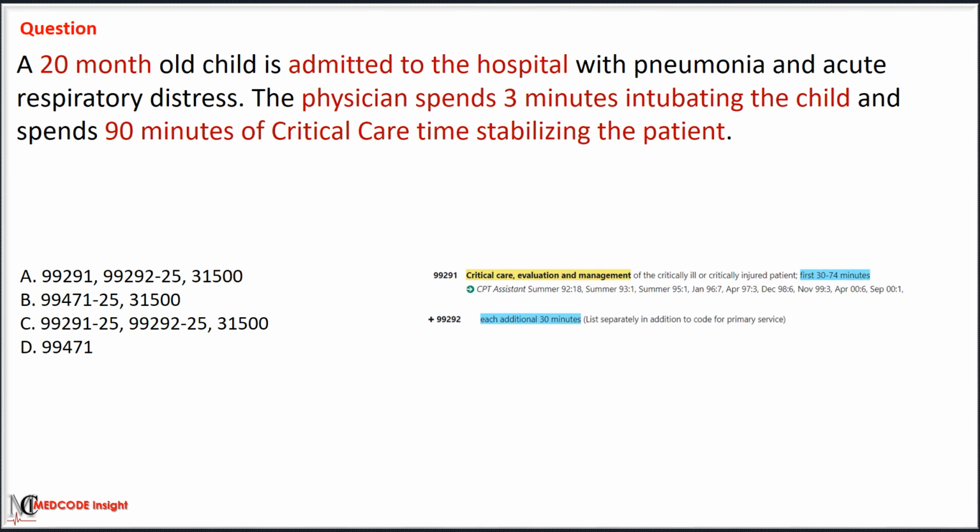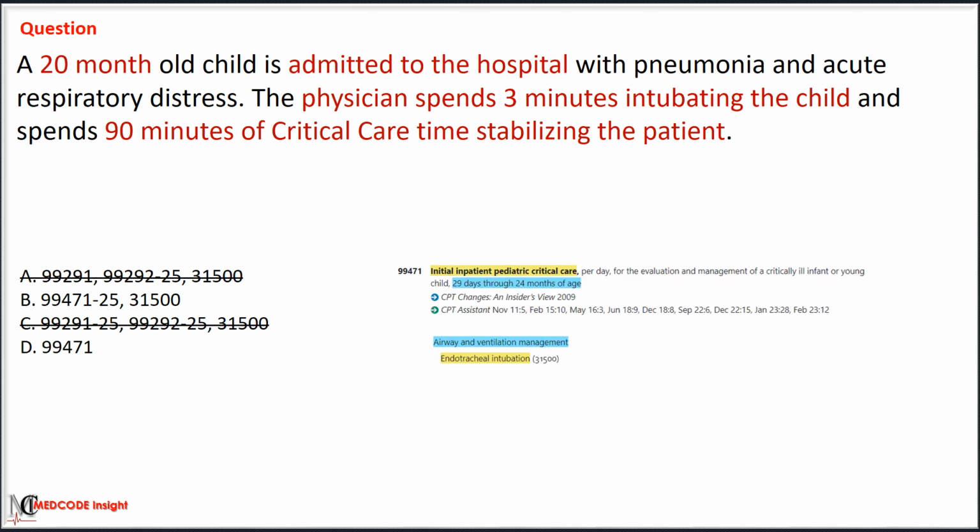99471. A 20-month-old child is admitted to the hospital with pneumonia and acute respiratory distress, meaning inpatient critical care services are provided. We will first eliminate options A and C, as code 99291 is used for outpatient critical care services. We will also eliminate option B, as code 31500 is used for endotracheal intubation, which is already included in the pediatric or neonatal critical care service